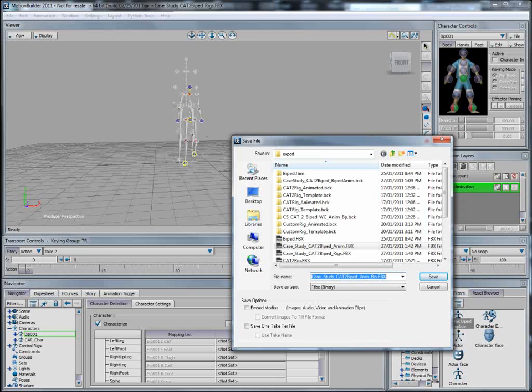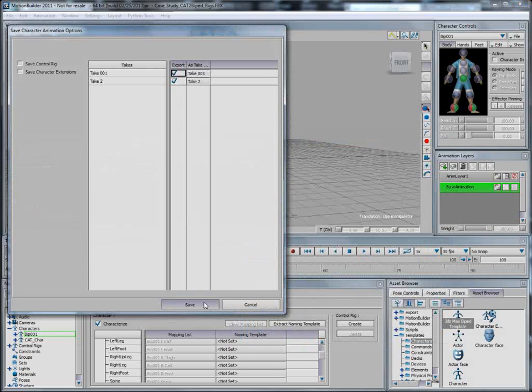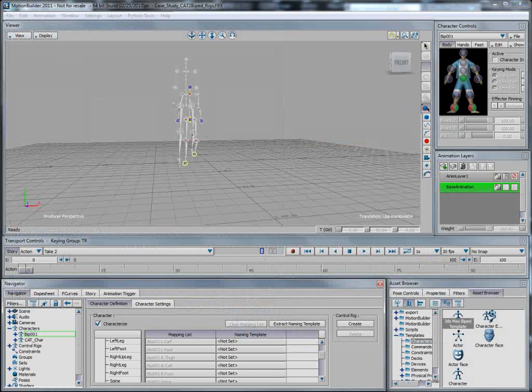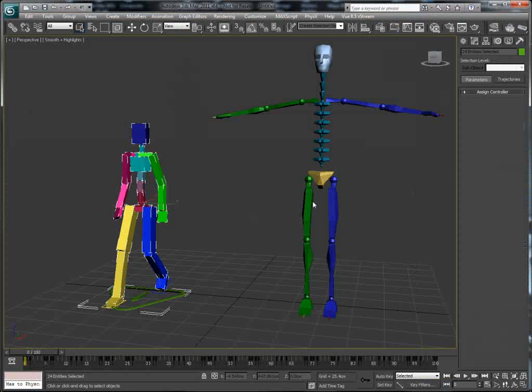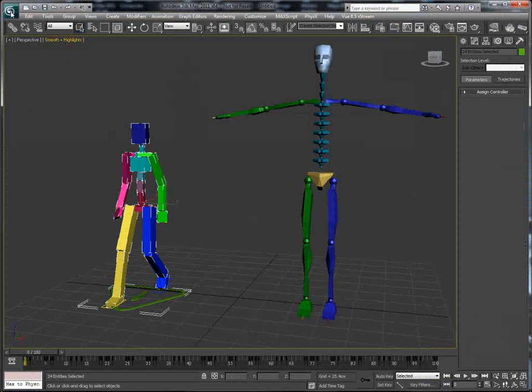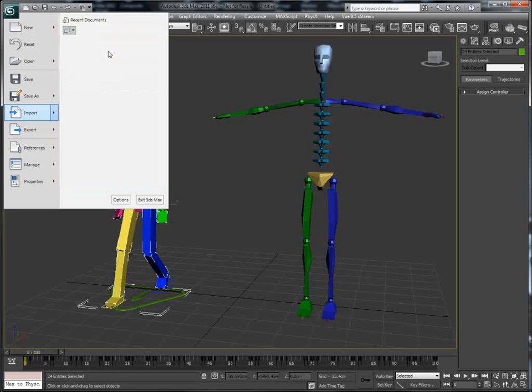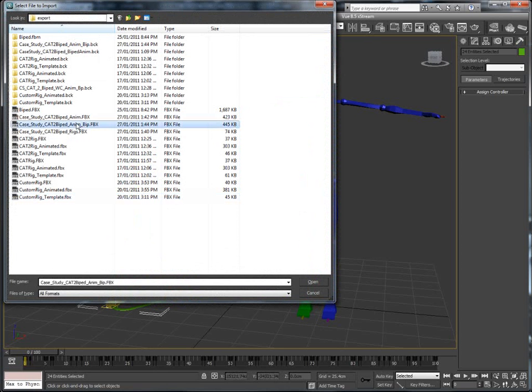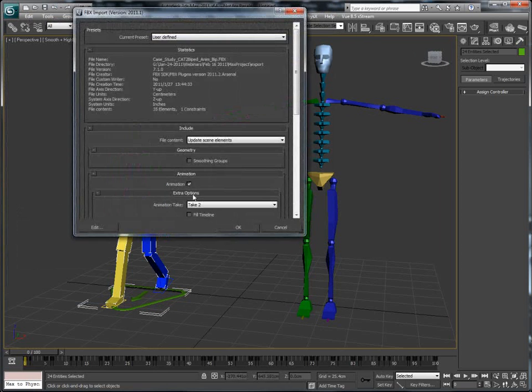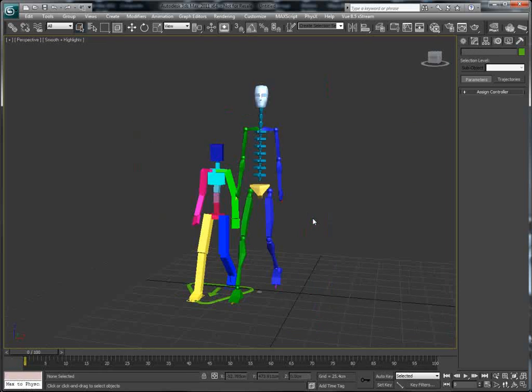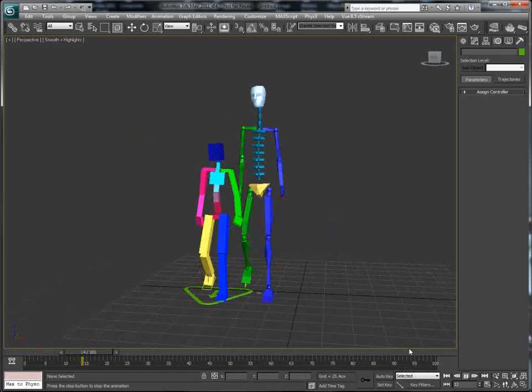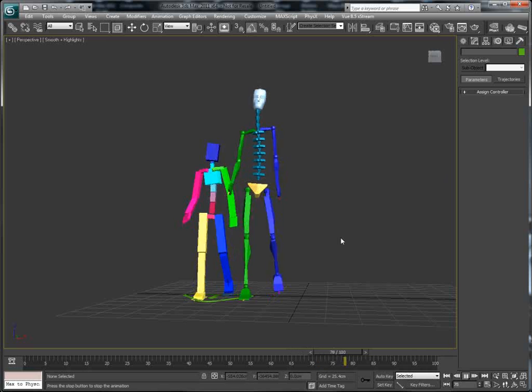So we're going to load it back on the biped inside of 3ds Max. So now we plotted the skeleton. It's exported, like save this. This is good. Then we're going to go back to Max, and we're going to just go here and say File, Import, and we're going to import that BIP file as FBX. We will bring in the animation, and we will update the scene element. And OK, so it's going to find the biped animation. It's going to put it there, and then we can play the animation,